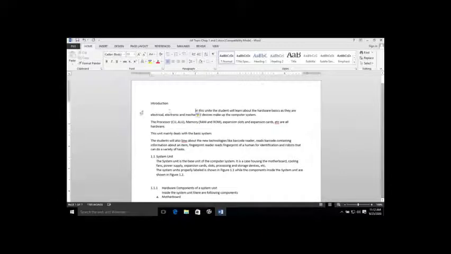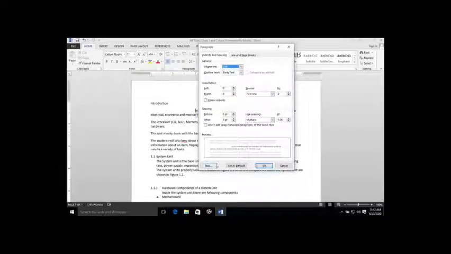See, now the tab stop position is 2. So you can change it this way.